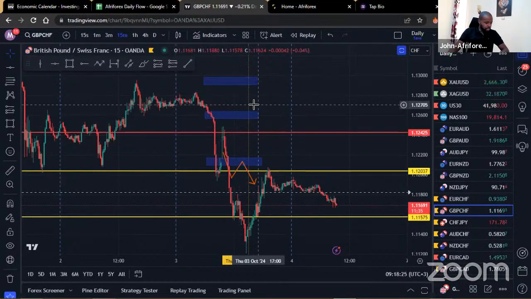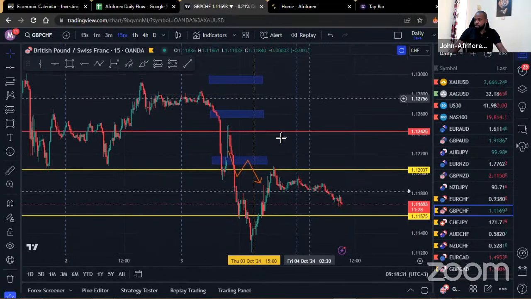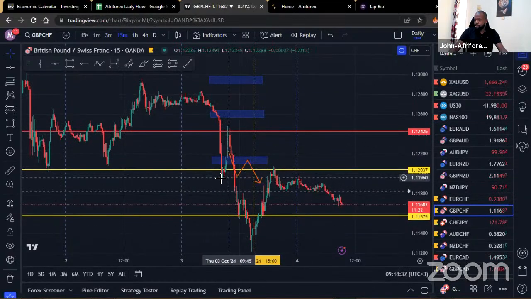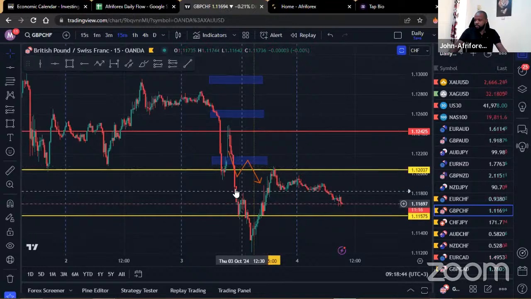So the next one is the Great British Pound against the Swiss franc. So this is also a currency pair we did have yesterday, trying to see whether we could have gotten some sells. You can clearly see the three regions right there that Mitch had pointed out. Also an illustration of what to expect. You can see that the spike did actually end up going up higher than we would have expected, but it tapped back in within there, came back down.